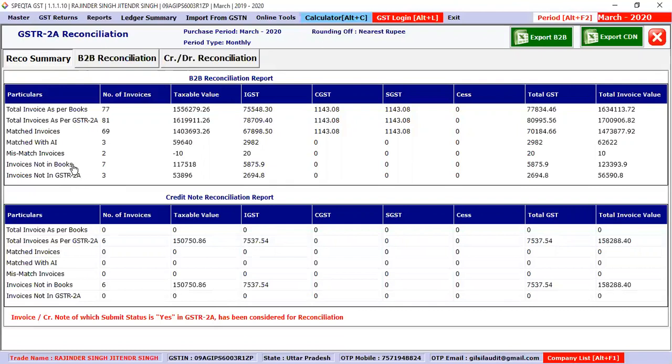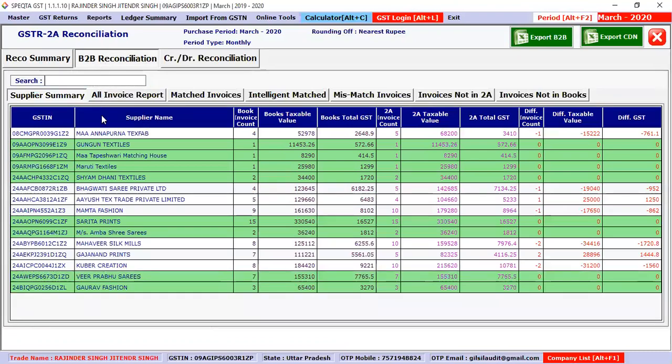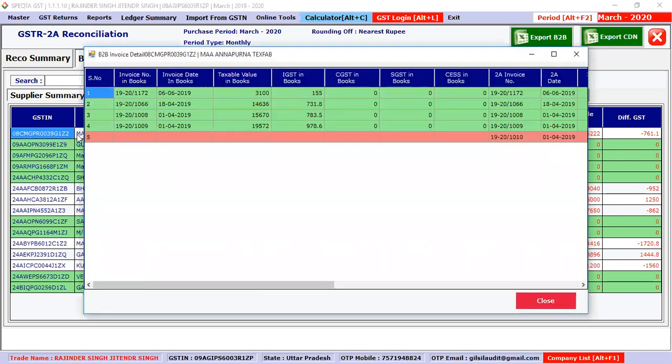If we want to see the detailed report, we will click on B2B reconciliation. Here you will find the supplier summary option. Like if you want to see the reconciliation result supplier wise, you can check the supplier wise result by clicking on GST number or trade name.